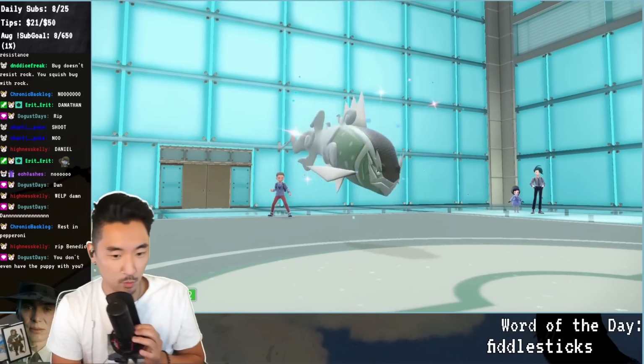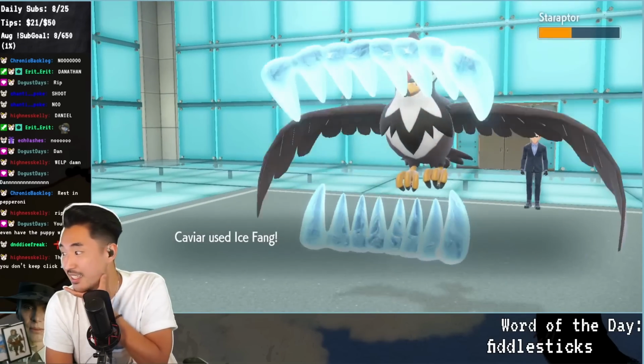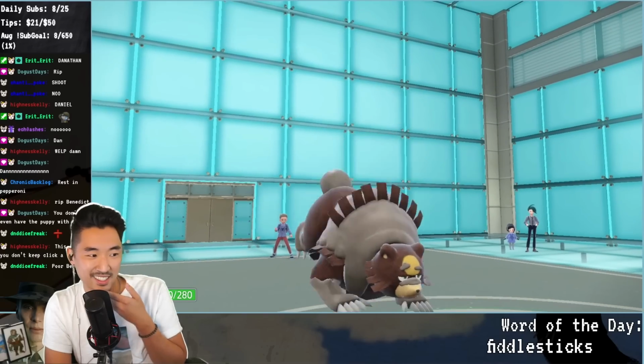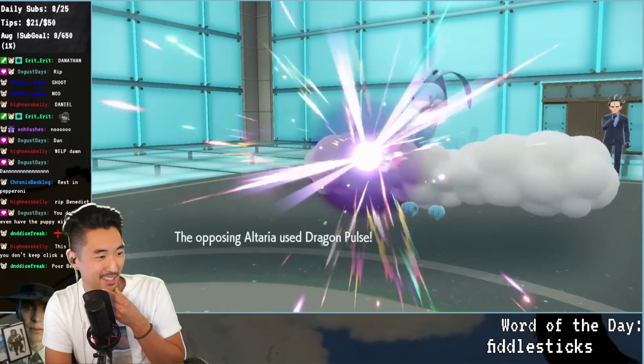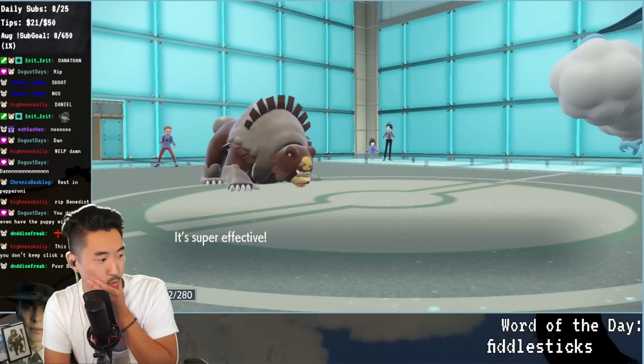And without Benedict, the cracks began to spread. Caviar comes out, who does not outspeed the Bird of Prey, and has to take a Brave Bird once again. She's able to take out the Menace with an Ice Fang. We then switch in Sentry against her Altaria, while he eats up the Dragon Pulse on switch in. An Ice Beam comes out, doing a decent amount of damage, but more tragically...